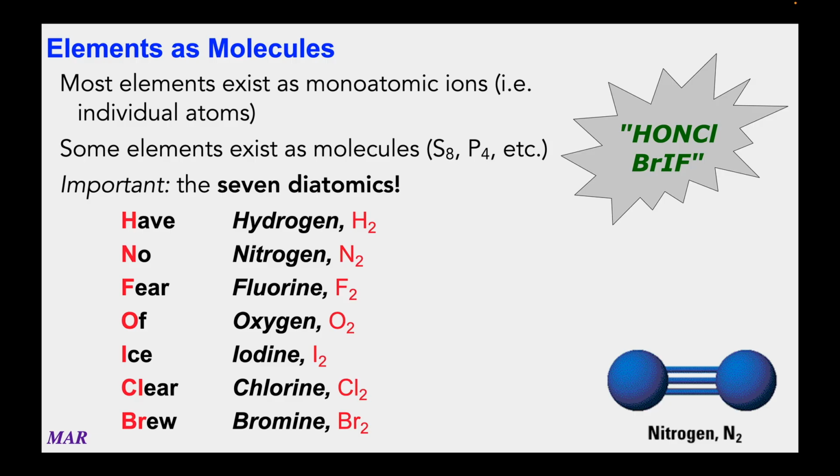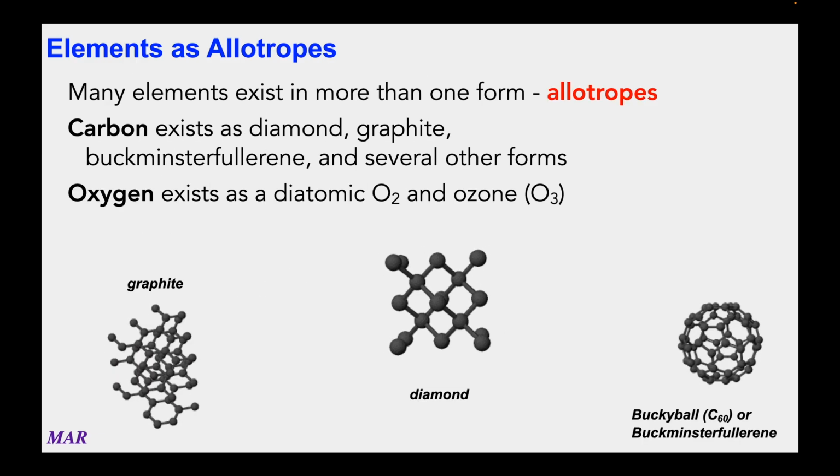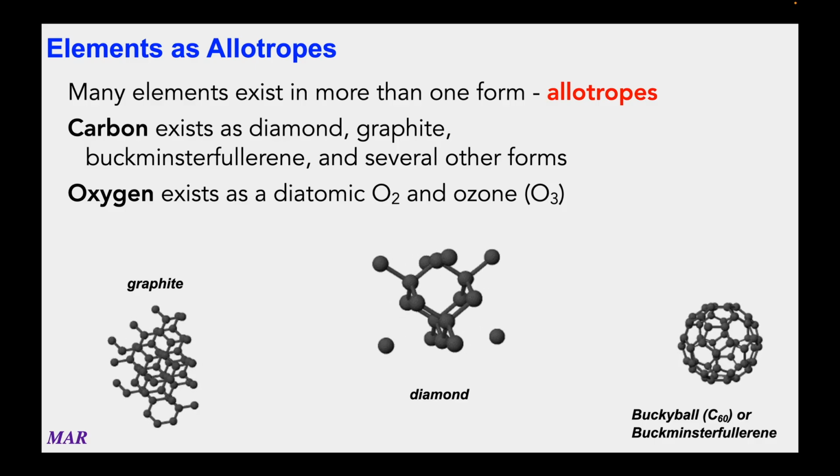Now, some classes, they will use what's called Hunkelbrief. Hunkelbrief is another way to know these 7 diatomics, but just keep this in the back of your mind. These 7 are very useful. They're very common, and if you use just regular oxygen, you'll end up with a different result than if you use the actual diatomic oxygen. So pretty important. An allotrope is when you have more than one version of an element, and many elements have